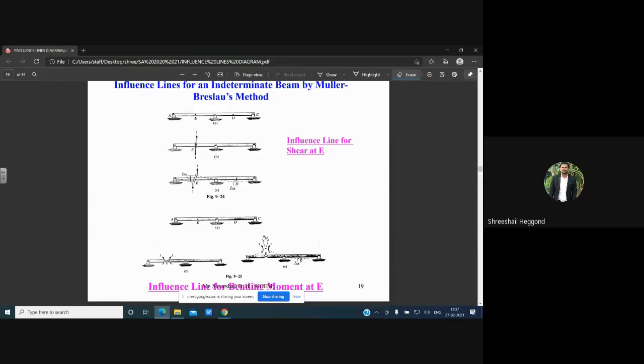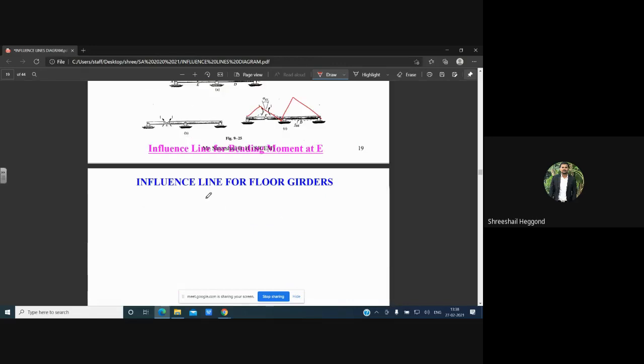For that, if I draw the influence line diagram, for each triangle it will be perpendicular. The shear will be like this, and similarly this continues with this. As well as at this point, again, it may go like this because it is a fixed end. And the bending moment will be the same, like this. The bending moment diagram can be drawn as triangles for the fixed ends. This is how we need to draw the indeterminate shear force diagram as well as the bending moment diagram for ILDs. That can be shown like this.